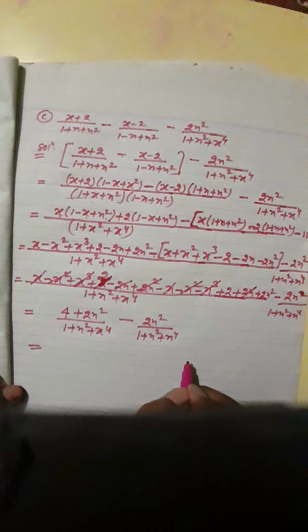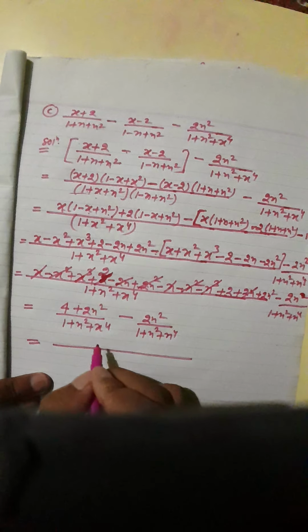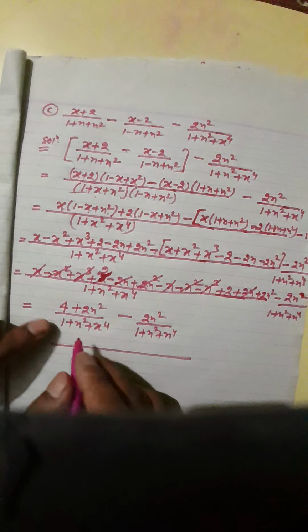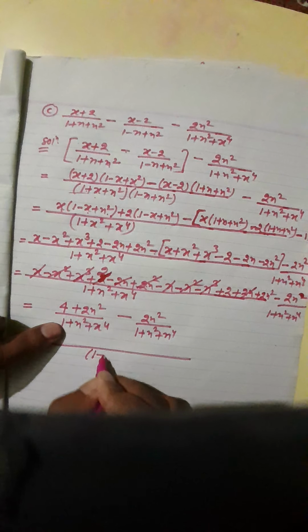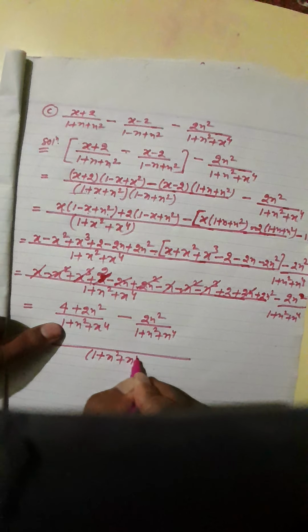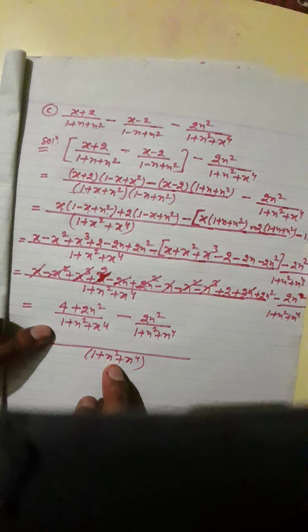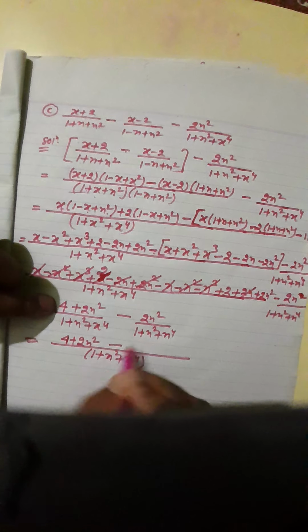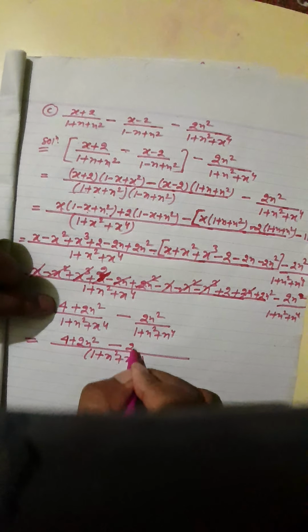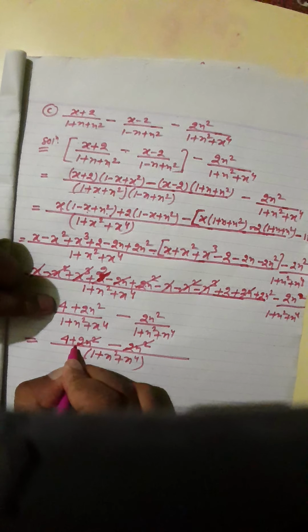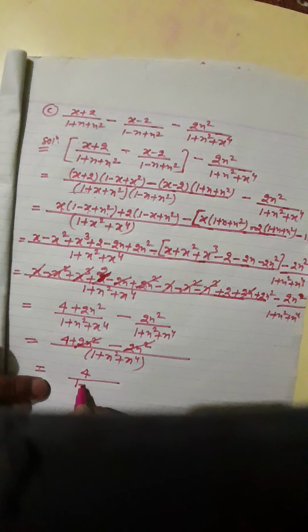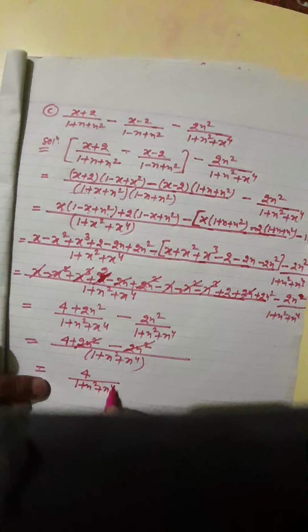Everybody, now again we have to take LCM. LCM means common factor and product of common factor and remaining factor. Here only common factor we have, so both are same. So only one we can write, 1 plus x square plus x to the power 4, and both are same here, so this is cancelled. Now upside is remaining 4 plus this 2x square, and minus this is also equal, so this is remaining 2x square upside. Now minus 2x square plus 2x square we can cancel. Now remaining is 4 upside, 4 divided by 1 plus x square plus x to the power 4. So only this much is our answer.